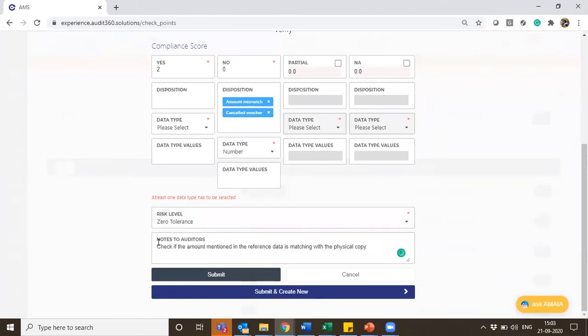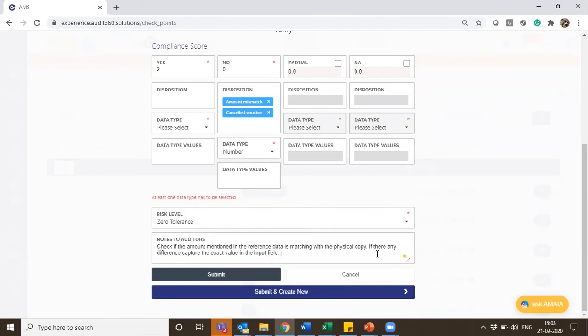So let me put some notes here. I had just copied the same thing and told them to copy. If there is any difference, I'm also telling them to capture the exact value in the input field.